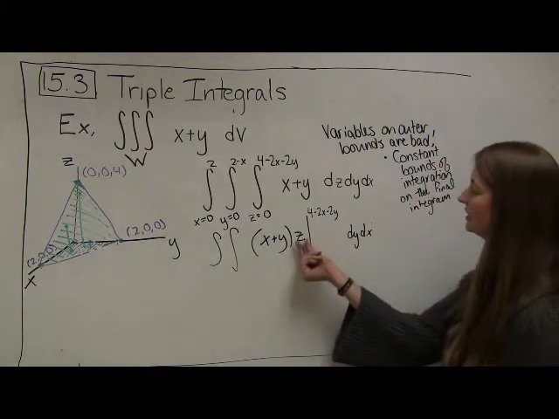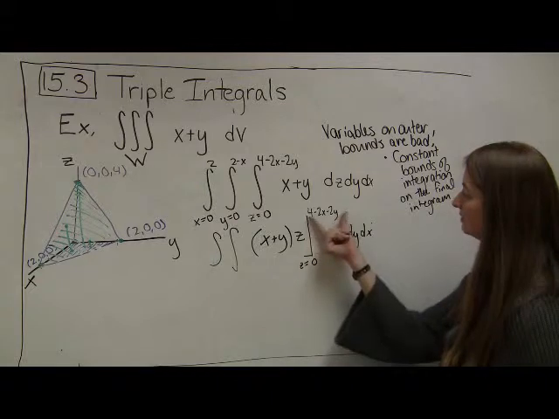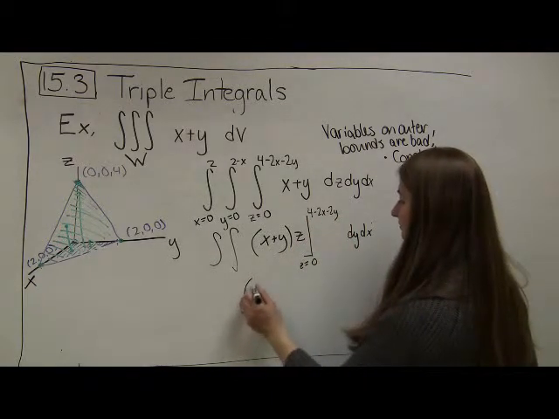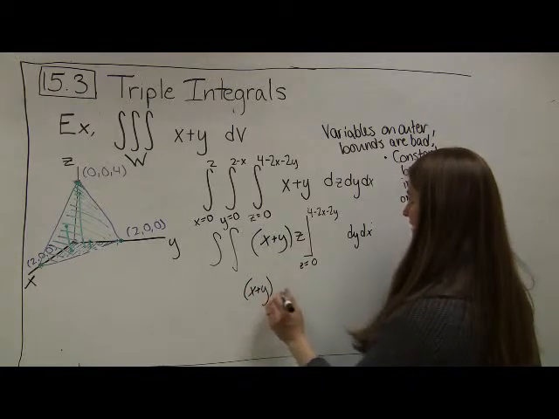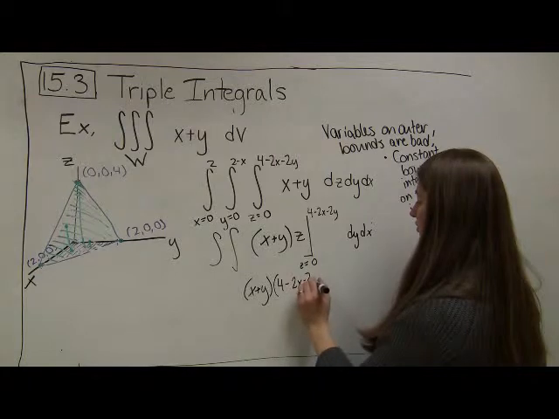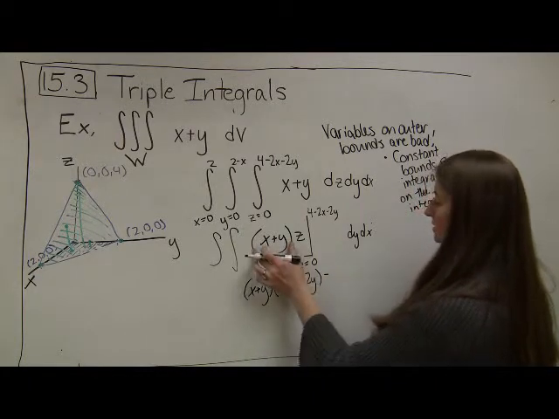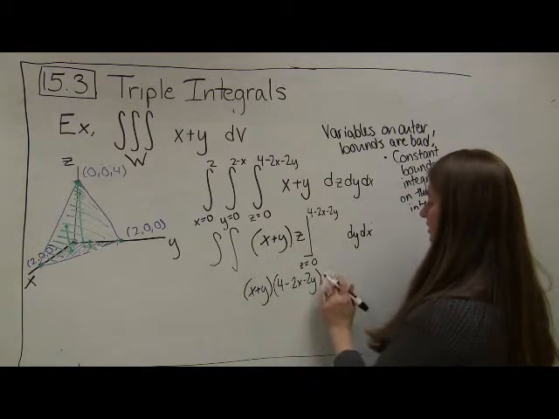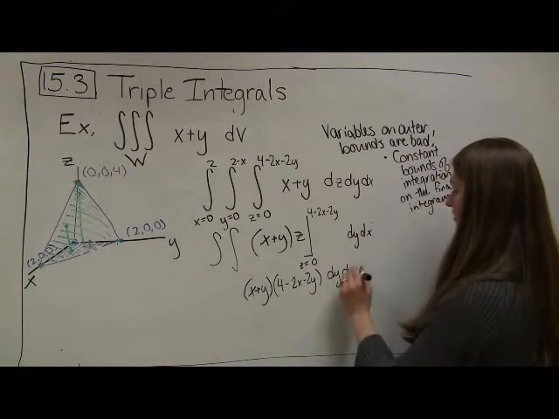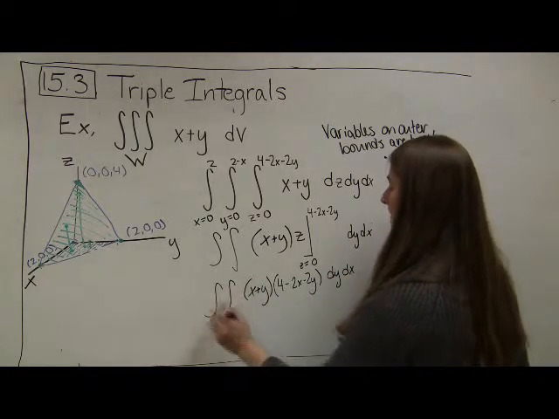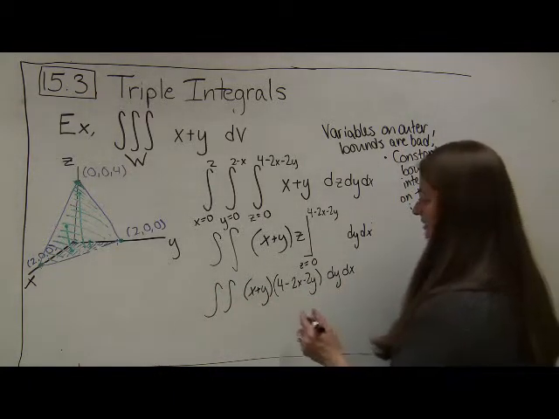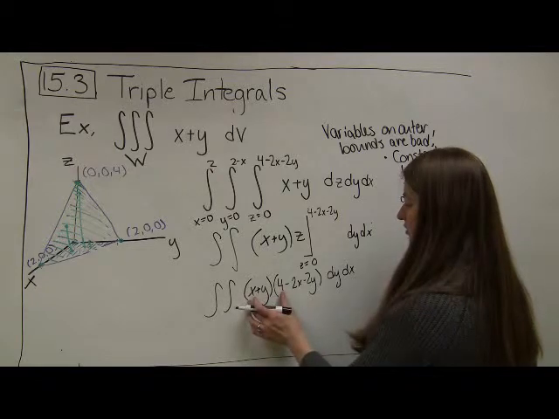So now I evaluate the z along these bounds. I have to plug in this messy thing for z, and I get x plus y times z, which in this case is 4 minus 2x minus 2y, minus this messy thing times 0, which is just 0. And I'm going to integrate this with respect to y and then with respect to x. Before I do that integration, I'm going to go ahead and simplify this by multiplying these polynomials by one another,